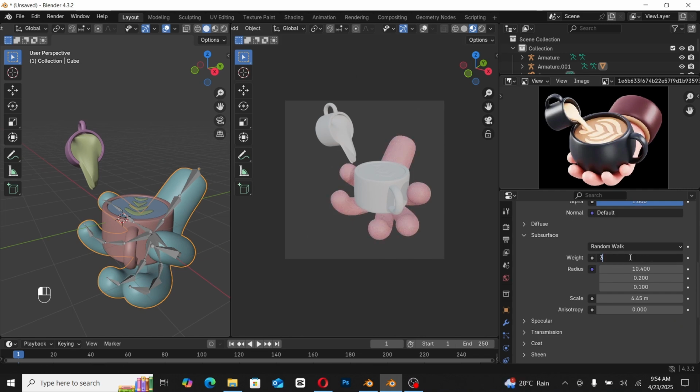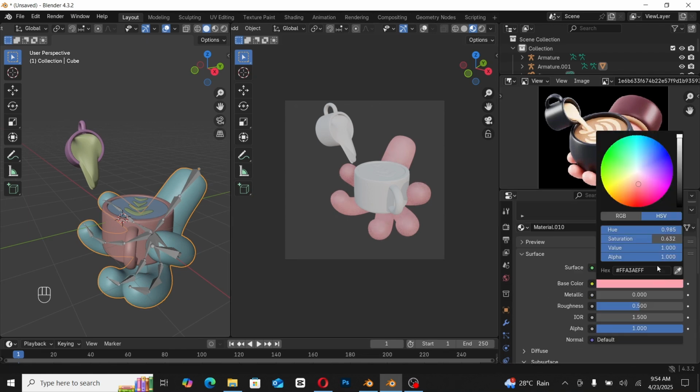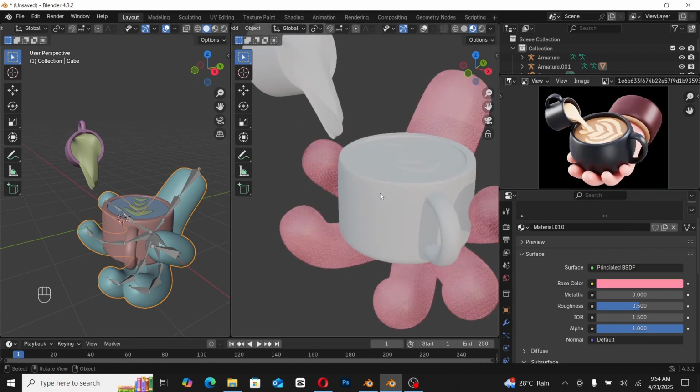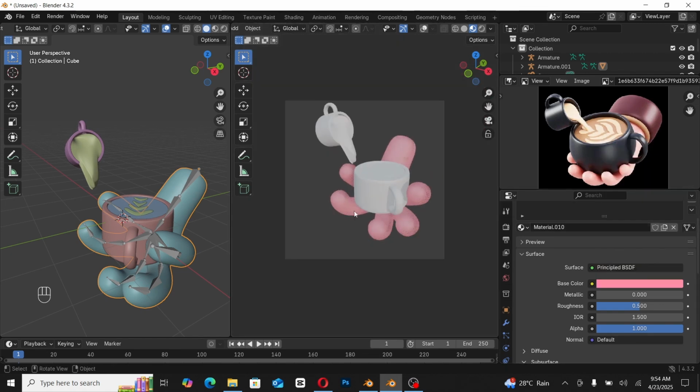Let's make it 3. Kind of pinkish. Yeah, let's add material to this,